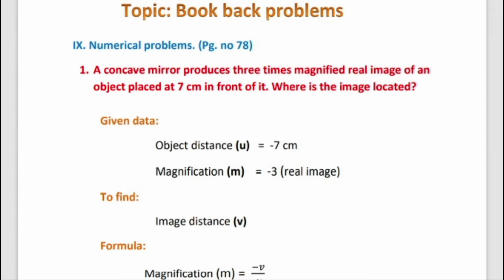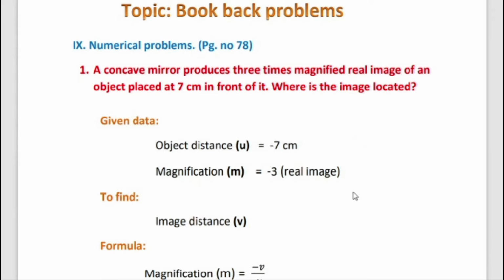So we know about magnification. Magnification m produced by a mirror gives how many times the image of an object is magnified, that means enlarged, with respect to the object size. We compare the object size with the image size. How many times the image size is magnified or enlarged, that is magnification. So the magnification of real images always contains the negative sign, and the magnification of a virtual image is positive.